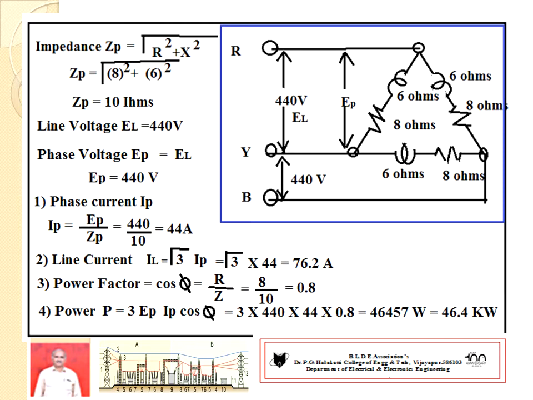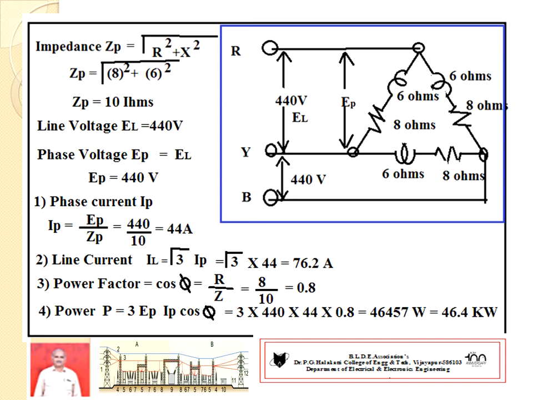Now we have to use delta connection relations. In delta connection, line voltage equal to phase voltage. Therefore, phase voltage equal to 440 volts. Once you know the phase voltage and the phase impedance, go for phase current. Phase current equal to EP by ZP, that is phase voltage divided by phase impedance, 44 amperes. In delta connection, line current equal to root 3 times phase current. So root 3 times 44,